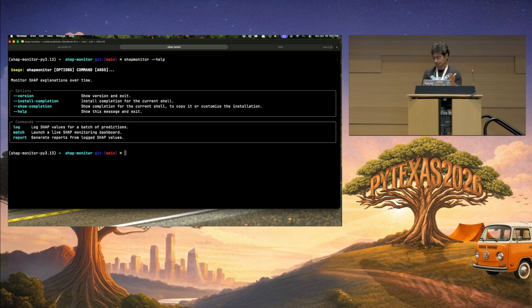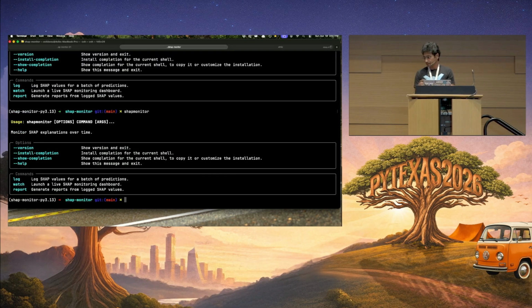It has a lot of things already there. For example, you can install completion as well, for your ZSH RC file, and it will just autocomplete. That's great. And then you also have these commands, but it's just more readable. If I do something like shap monitor, this will do the same thing, because we added that when there is no help, you actually display the screen. So that's how it looks.